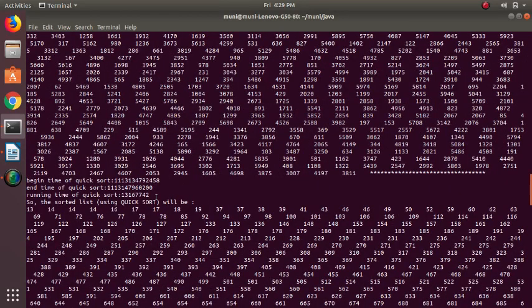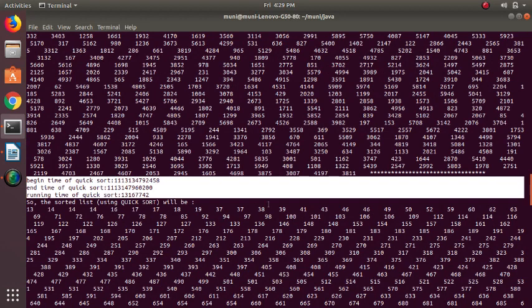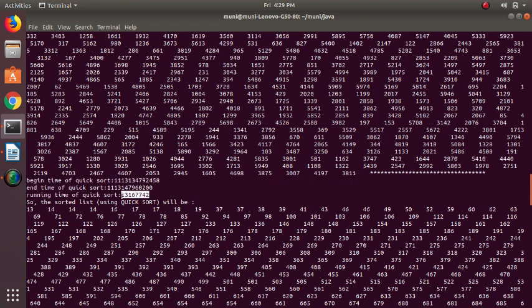And this will be our complexity analysis. Beginning time of quicksort is this, and end is this, and the difference is this. You should make a note of the running time of quicksort for 2500 elements. What is the number? And then give 3000 or 3500 elements. Again you execute this and make a note and take the difference between them, right? And moreover, you should see, are you getting the random numbers, and also are you getting the sorted elements.